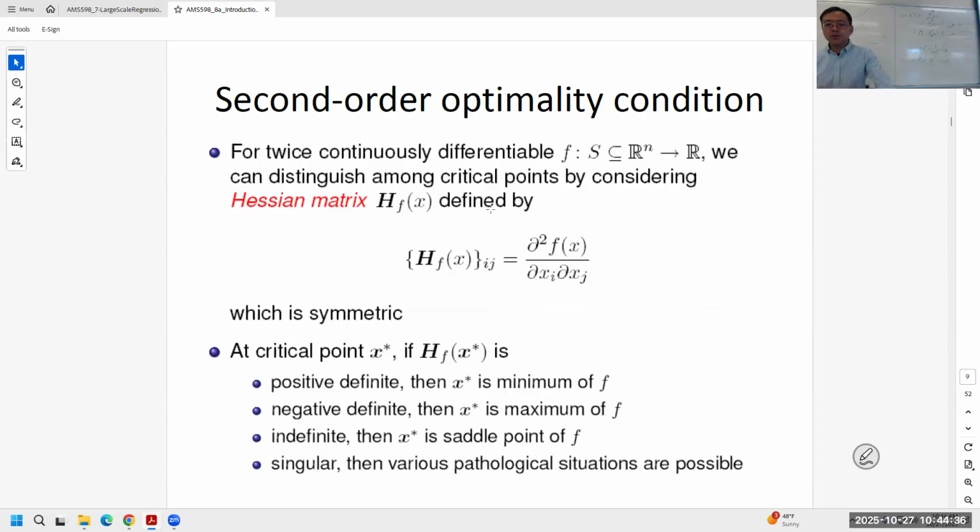So if you have a twice continuously differentiable function f, we can calculate the so-called Hessian matrix, okay? The Hessian matrix H is basically the second order derivative of the function f with respect to x_i and x_j, right? We already talked about this concept in the Newton-Raphson method. So then for the critical point x star, if this Hessian matrix is positive definite,